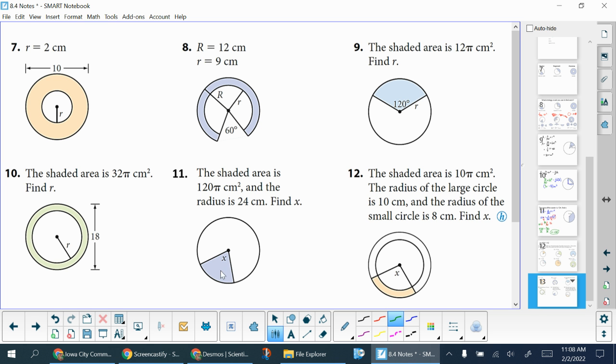Here you're finding x, just like we did before. And then 12 is definitely the hardest one. You're finding that angle to make this little chunk of the annulus 10 pi square centimeters. So give that a shot. You'll have to do a little critical thinking there